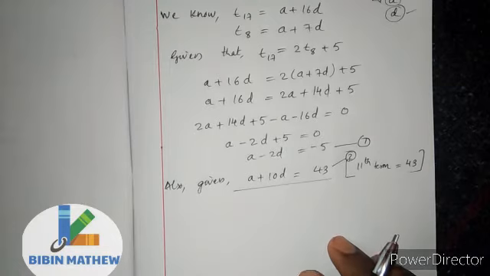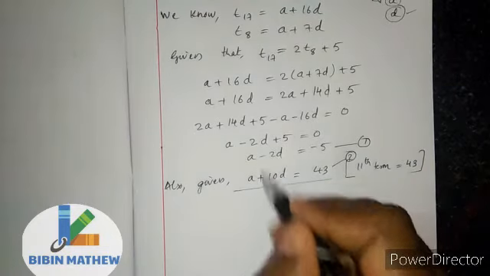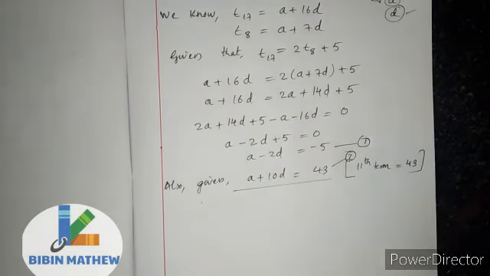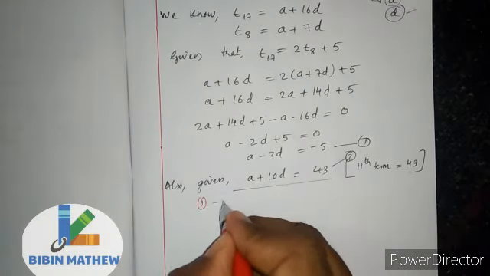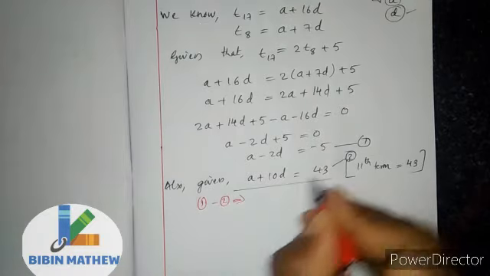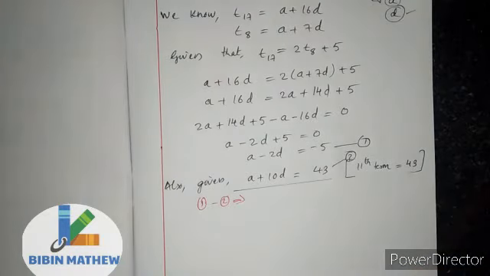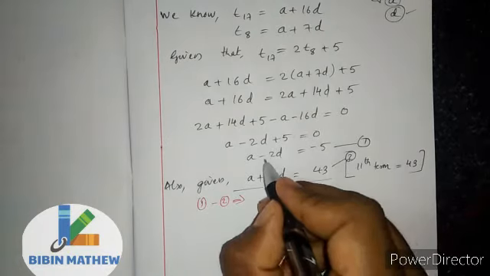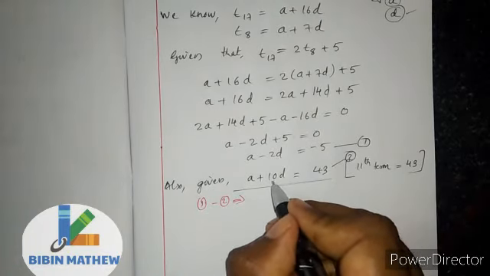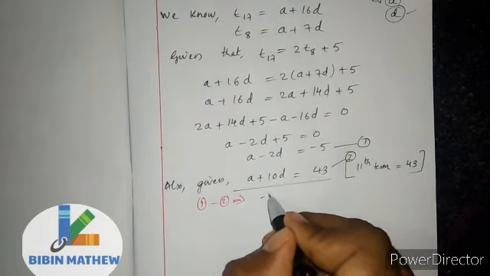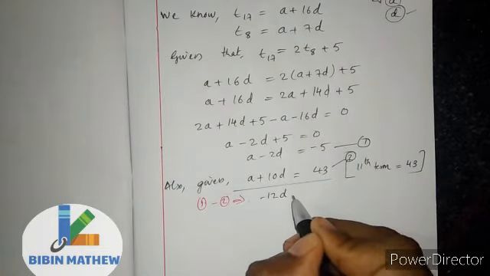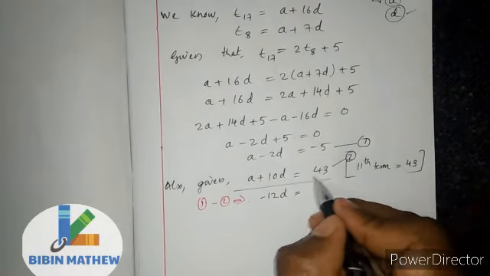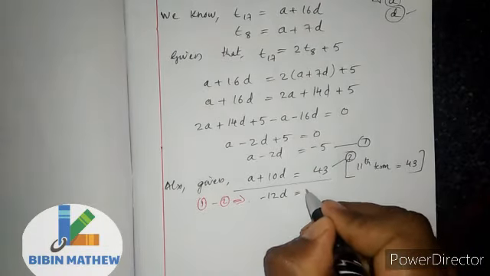We are going to use the method of elimination. I am going to eliminate this one. So equation number 1 minus equation number 2 implies, equation number 1 और 2 दोनों माइनस करेगा तो क्या मिलेगा? a माइनस a इज 0, ये तो 0 हो जाएगा. माइनस 2d माइनस 10d, you will get minus 12d, right? That is equal to here minus 5 minus 43, माइनस करेगा तो कितना आएगा?